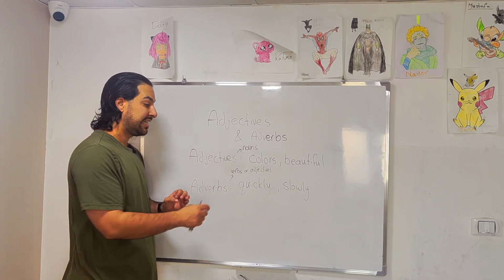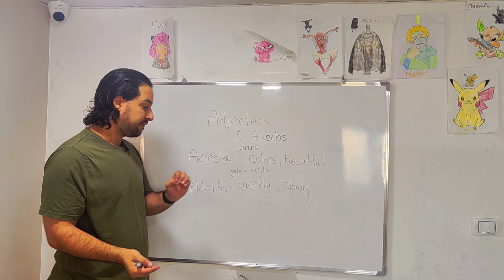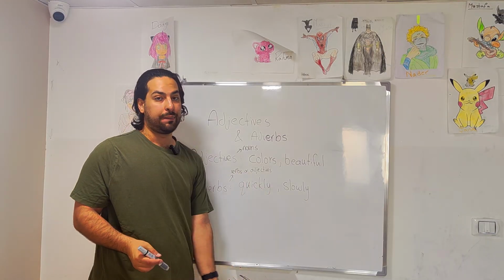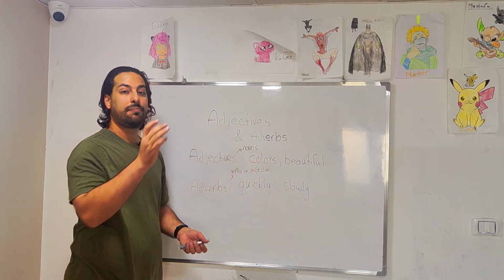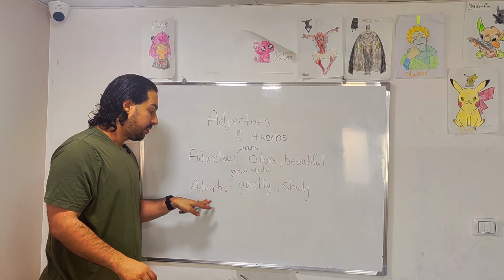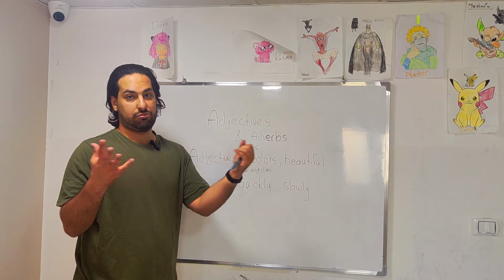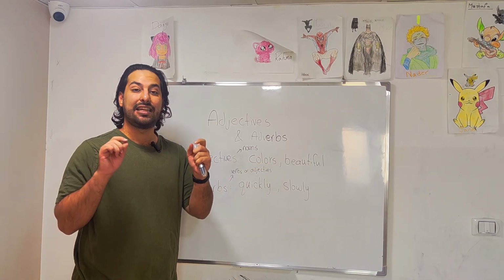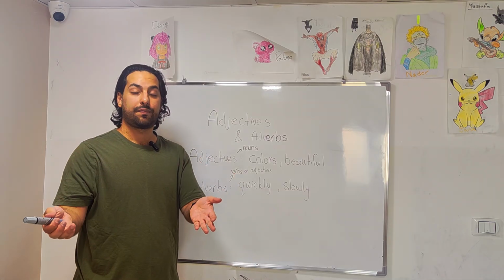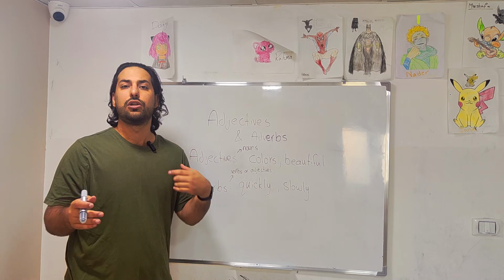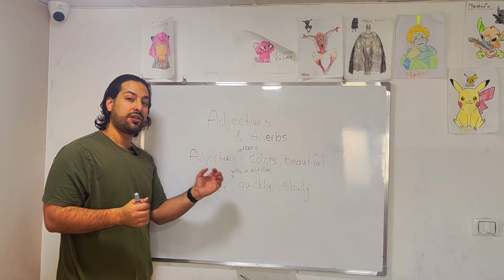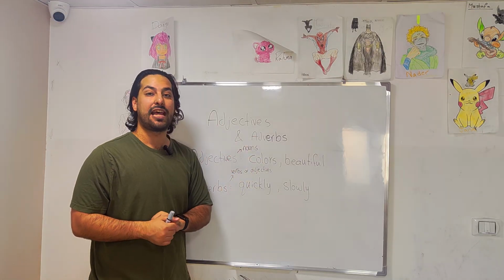Adverbs are things that describe a verb or an adjective. For example, quickly or slowly. Most adverbs end with ly. For example, the car is black, or the black car. So black here is an adjective. Now, for the adverb, he ran, this is a normal sentence in the past, he ran. If we want to add an adverb to it, he ran quickly, or he ran very slowly. So when we add quickly or slowly, we're describing how he's doing the verb. So this is for adjectives and adverbs.